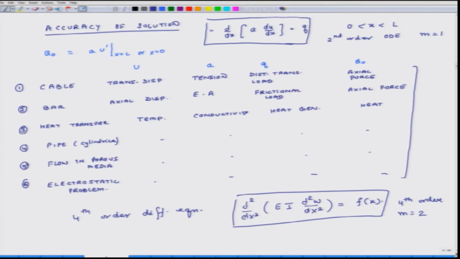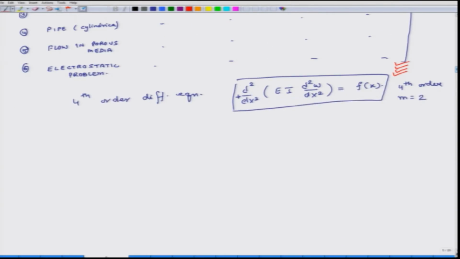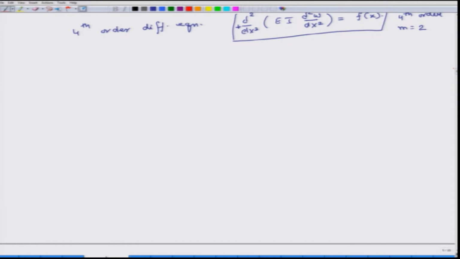Okay. And make sure that here I have a negative sign and here I have a positive sign. So, I have a second order differential equation and I have a fourth order differential equation. But I do not have a third order differential equation because I am not aware of a physical process or system which can be represented by a third order differential equation. So, in general, such types of equations can be represented in this form: